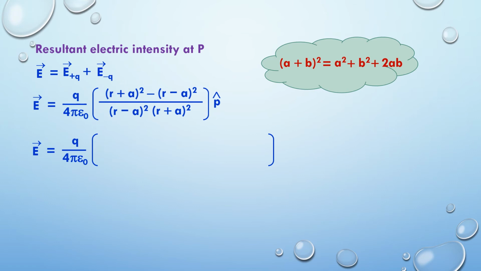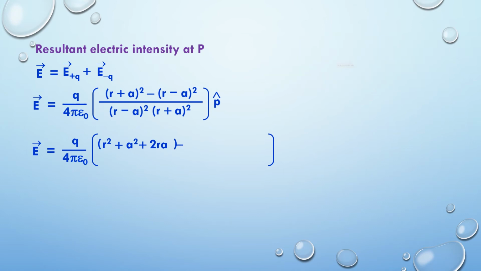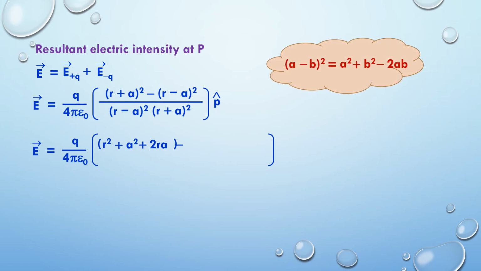So I now get r squared plus a squared plus 2ra minus, using the formula, (a minus b) the whole squared is equal to a squared plus b squared minus 2ab. Substitute the same over here. I should get r squared plus a squared minus 2ra